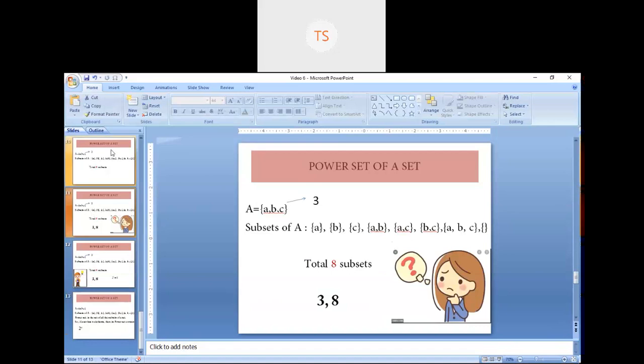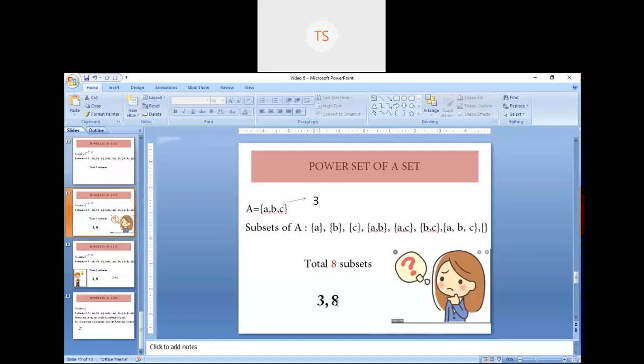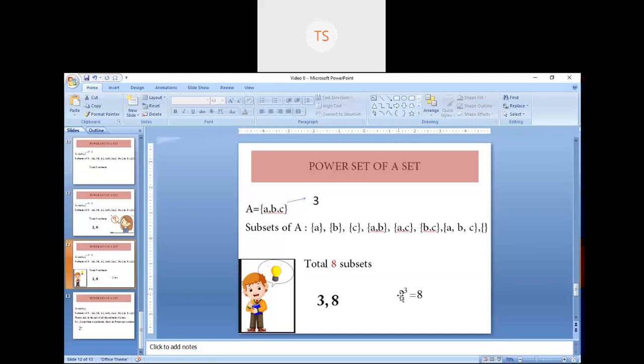Here, this is 10 and 11. Now, here I have discussed the number of subsets and the total number of elements and the relation with the subset. So here I have written the subsets of capital A. We are having 8 subsets. Now in capital A, we are having 3 elements. Now to connect this number 3 and 8, I am using this formula: 2 to the power 3 is equals to 8. Why 2 to the power 3? This 3 is the number of elements in this particular set, and this 2 is always fixed.